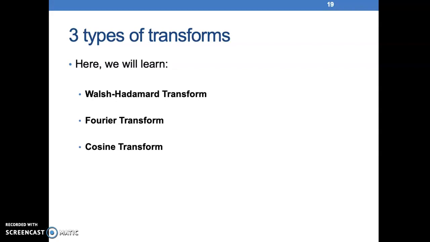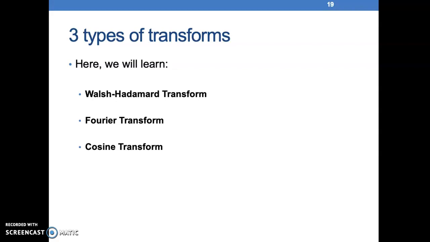But the process will be the same, where you will get the TUV by projection of the IRC with the basis image. So once you get the TUV, you want to get back the original, then you have to do the inverse process. The inverse process means you will do the projection as well, but you will do the projection on the TUV, the frequency domain, with the basis image,